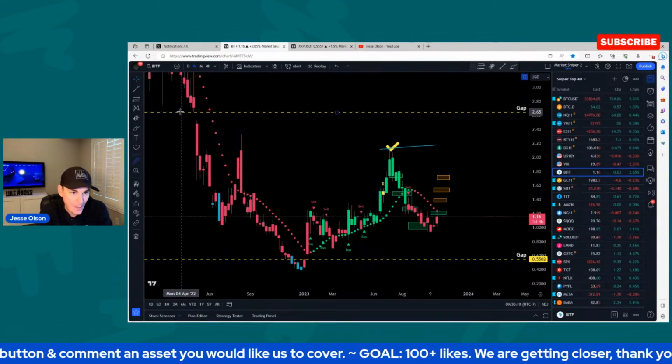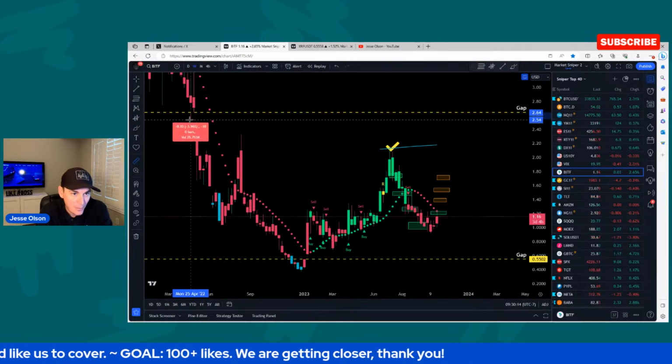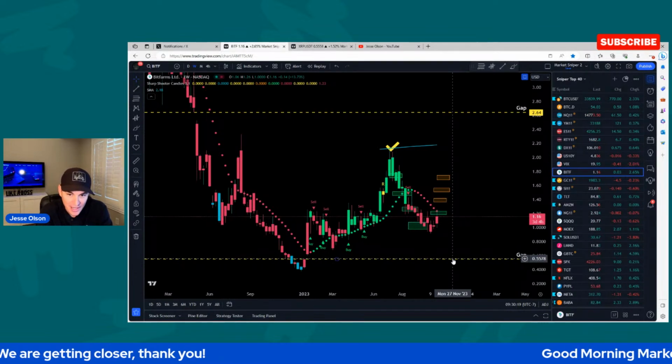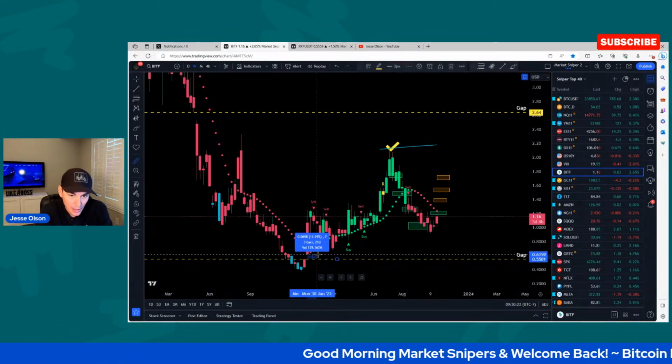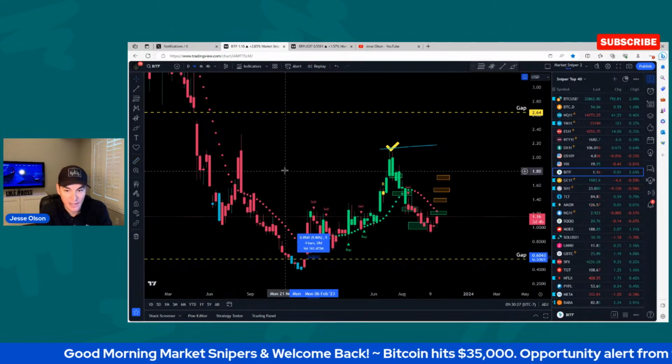We have a gap up here. It's not a huge gap, but we mapped out this gap up here. It's about a 4% gap roughly. And we mapped out this gap down here. But again, it's not a huge gap down here. We just had it on the chart. It's bigger, like a 9% gap, right?